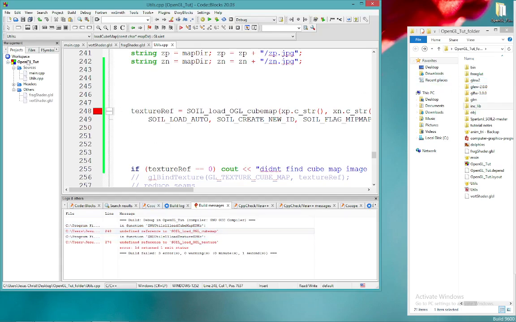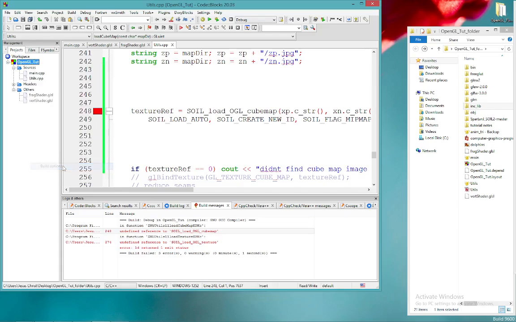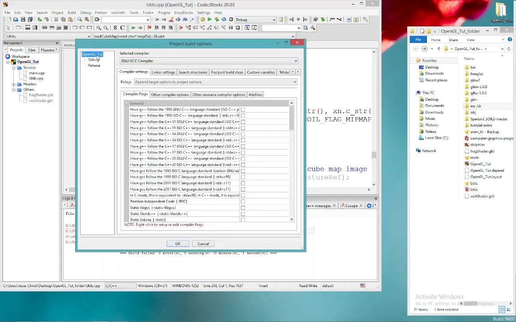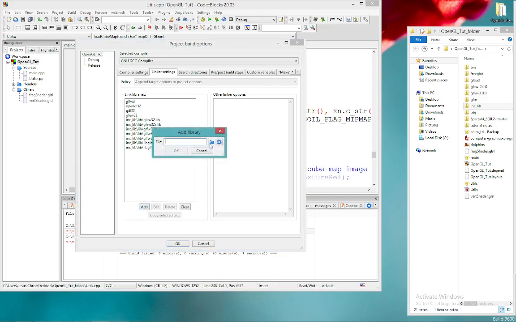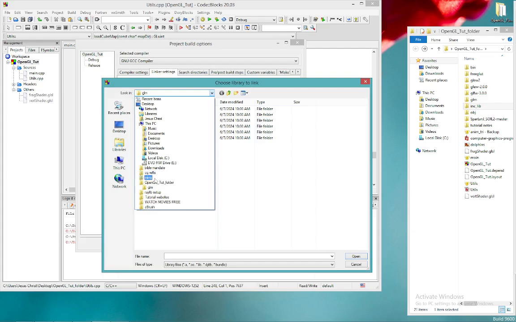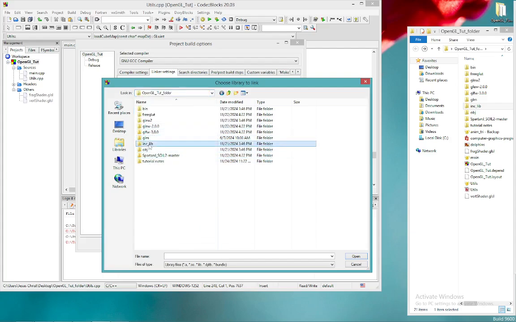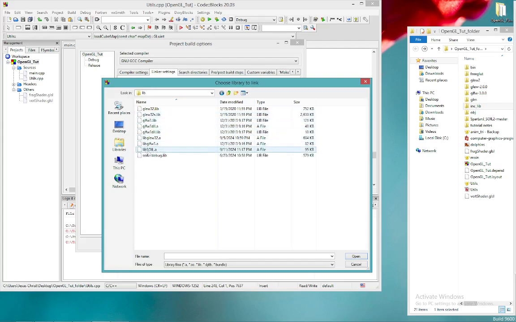Okay, so we need to link it up in the libraries. Right click, go into build options, open GLTut, linker, add. We're going to find our libsoil.a file. It's going to be in our inklib folder, lib, and there should be a libsoil .a file there. If it's not,